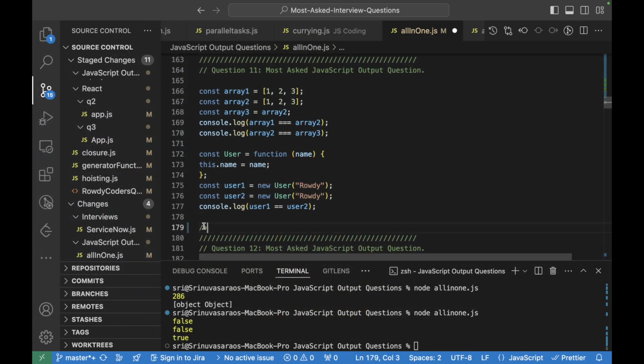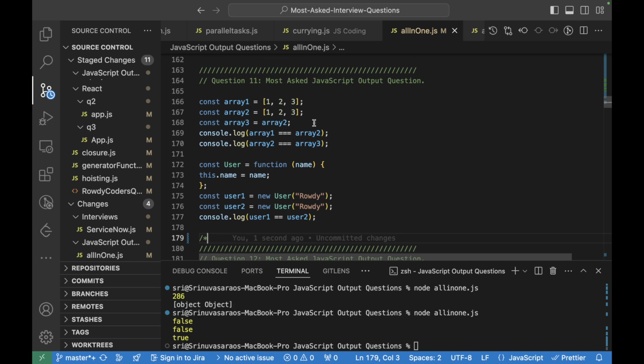Okay, so here is also a similar kind of question where two arrays are there. Arrays are also stored by reference, and then array 2's reference is assigned to array 3. When we are comparing, the references of this array and this array are different, so it will give false here.